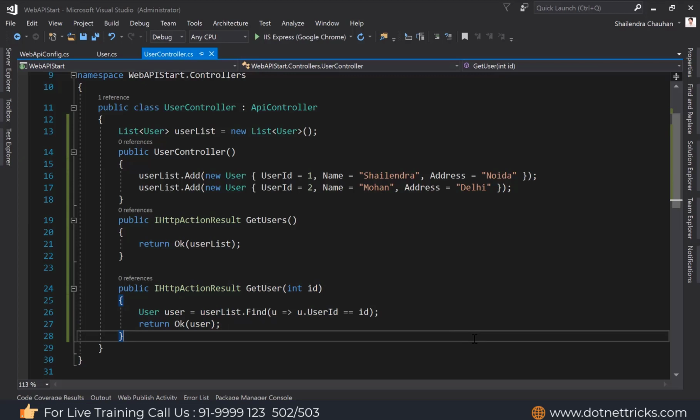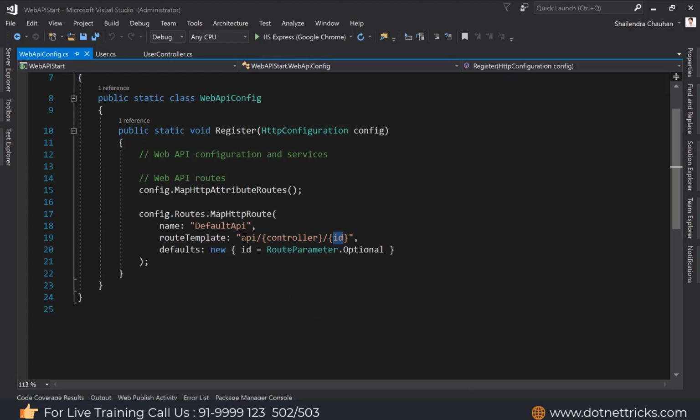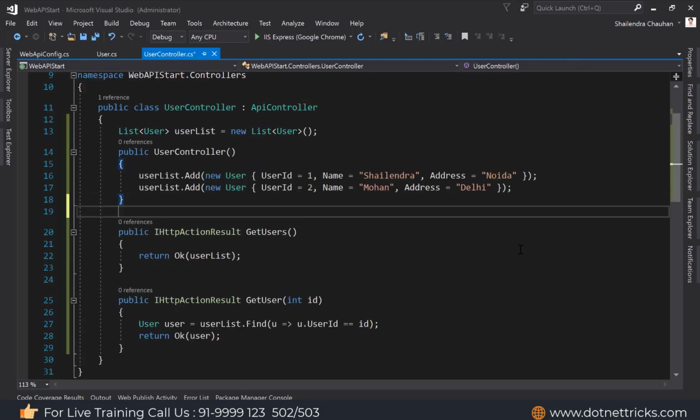And here, how will we call these two actions? We will call these two actions based upon the routing here. So in the routing it is API/controller, then ID. So here the generated URL for this get users would be